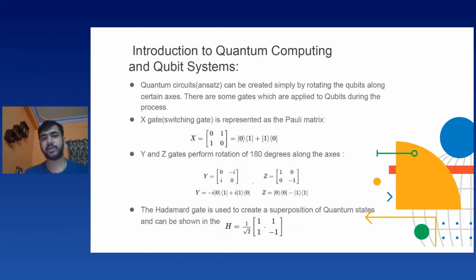There are different gates when it comes to qubits. One of the gates are the X gate, Y gate, Z gate. These gates are actually rotations based on that particular axis. Let's say the Rx gate or the X gate is represented by the Pauli matrix 0, 1, and 1, 0 combined together. In the matrix form, it is 0, 1, and 1, 0. So this actually is a kind of rotation of a particular qubit along the x-axis. Similarly, we have rotations along the y and the z-axis respectively.